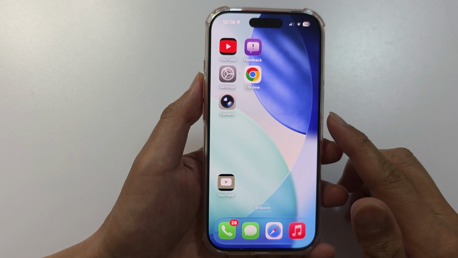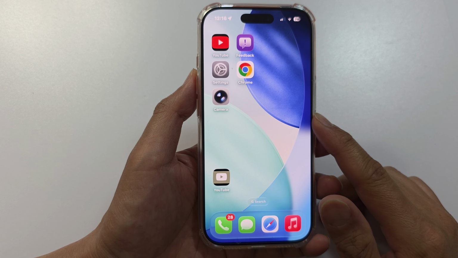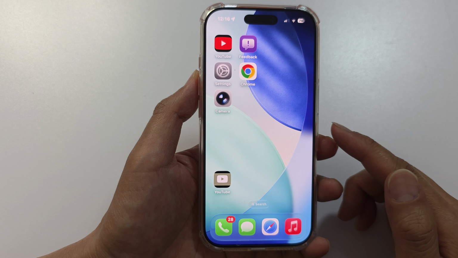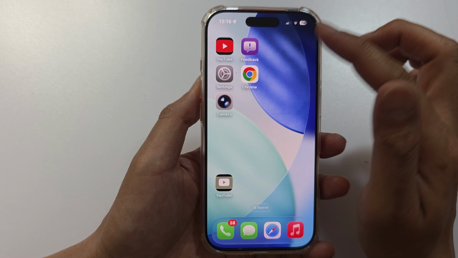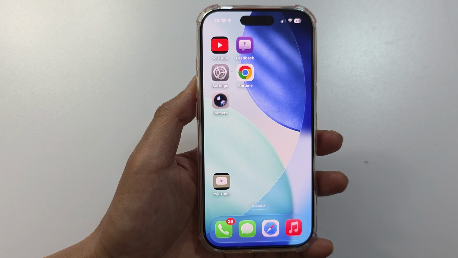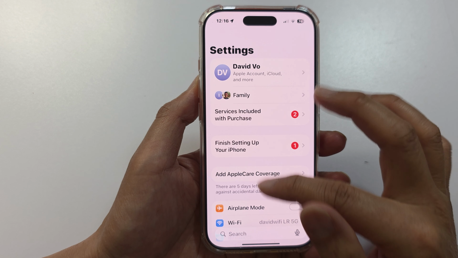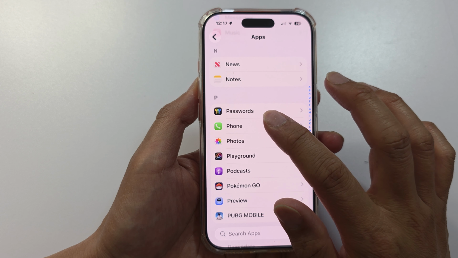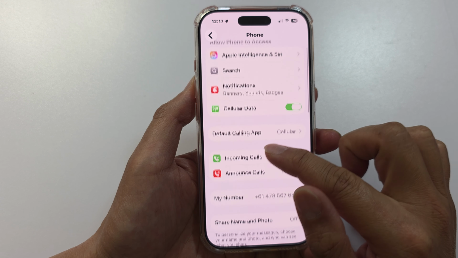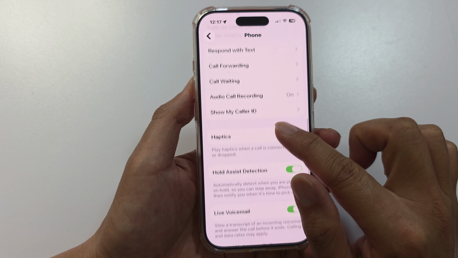Moving on to tip number 3 is to silence unknown callers. This will allow you to block spam or scam calls instantly. So let's go into settings. In settings here, we scroll down and tap on apps, and then we look for the phone app. Tap on phone. Now in here, we're going to scroll down,